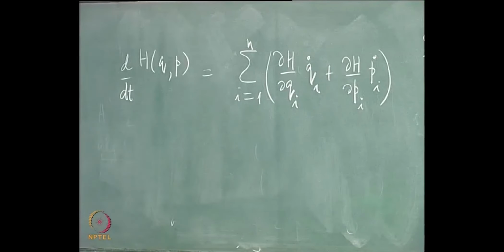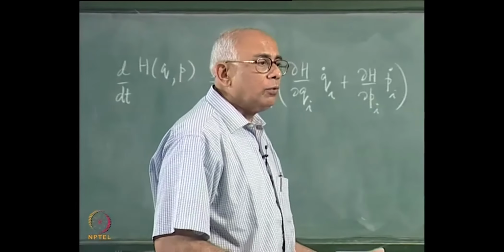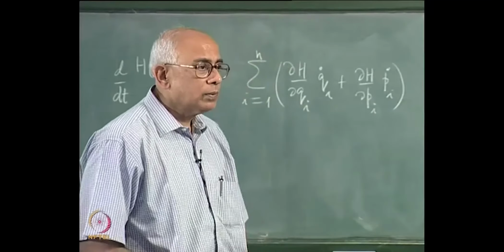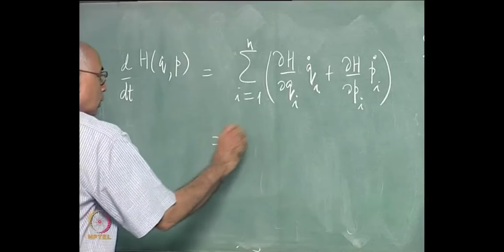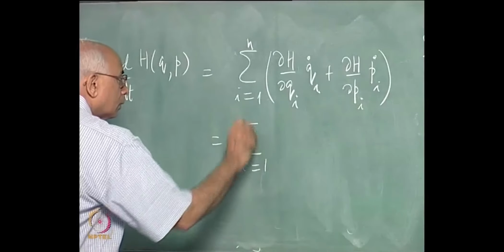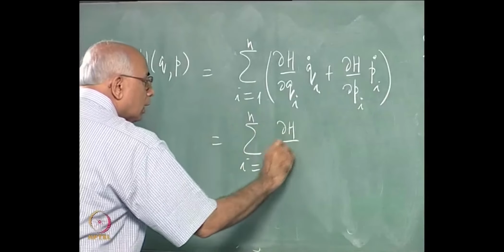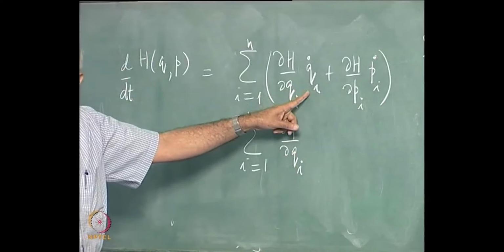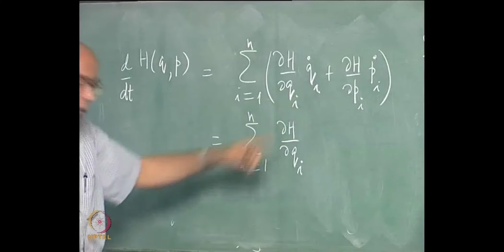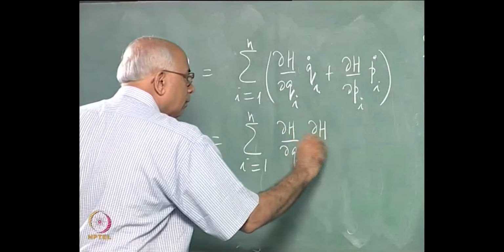But now we use Hamilton's equations of motion, therefore on a solution of the equations of motion, this becomes equal to a summation delta h over delta qi, and what was the equation of motion for qi dot? Delta h over delta pi